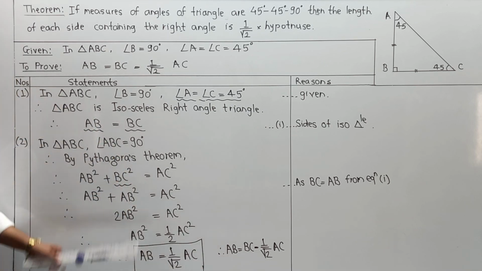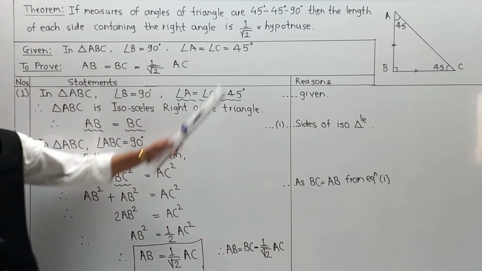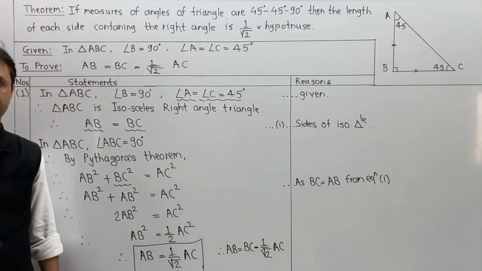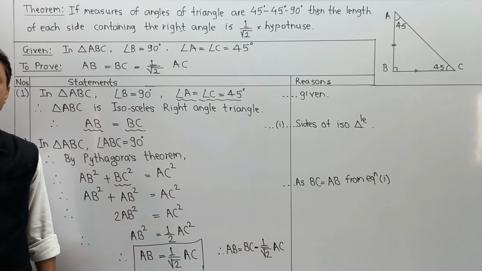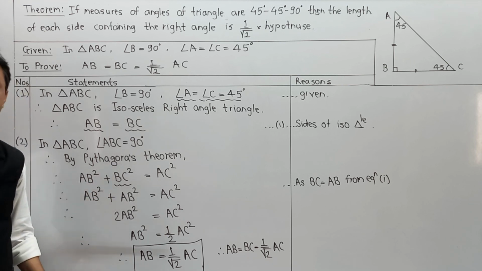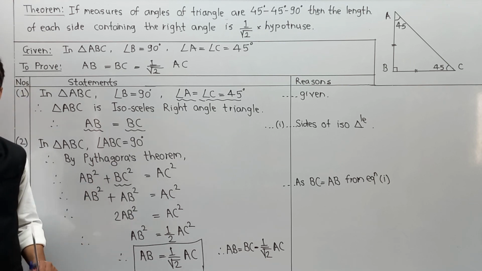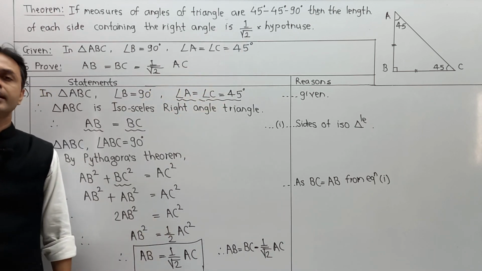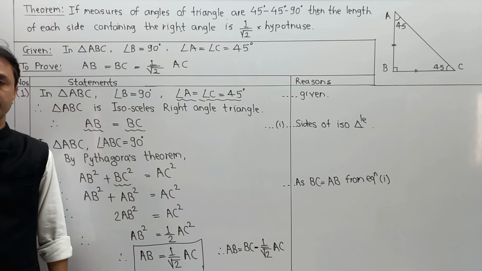And in this way, we complete a theorem, and this theorem is called the 45 degree, 90 degree theorem. Remember it very carefully. In solving numericals, we use this property, both of 30 degree, 60 degree, 90 degree as well as the 45 degree, 90 degree theorem, directly in case of numerical solving.